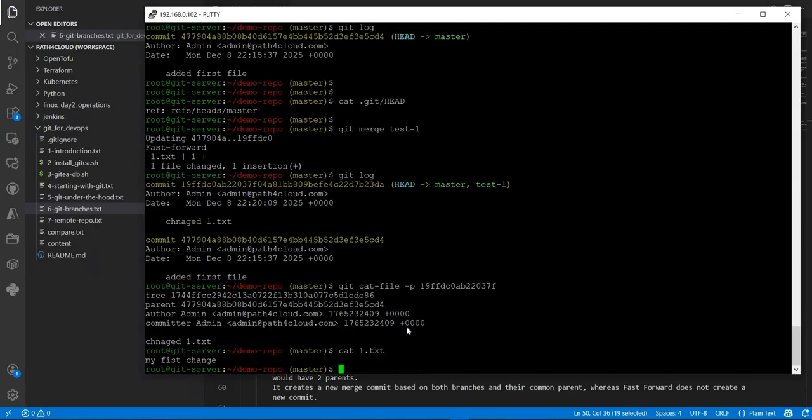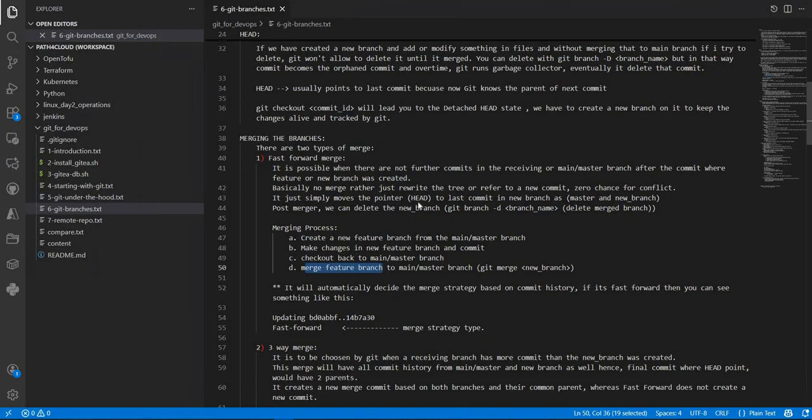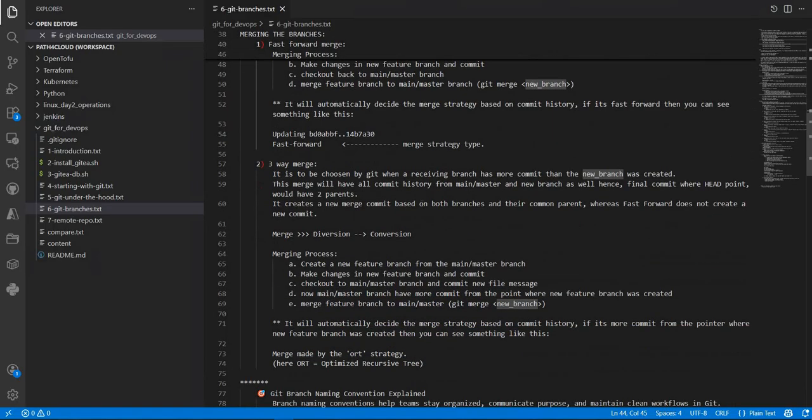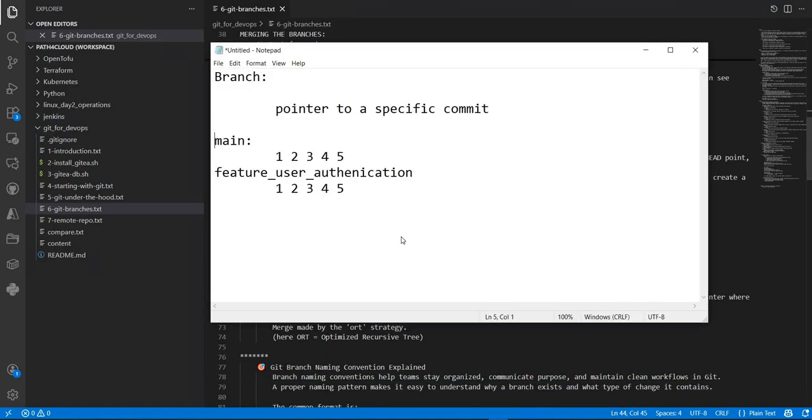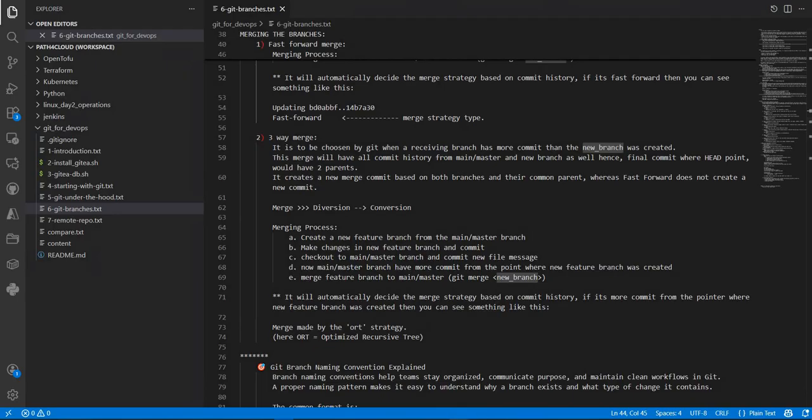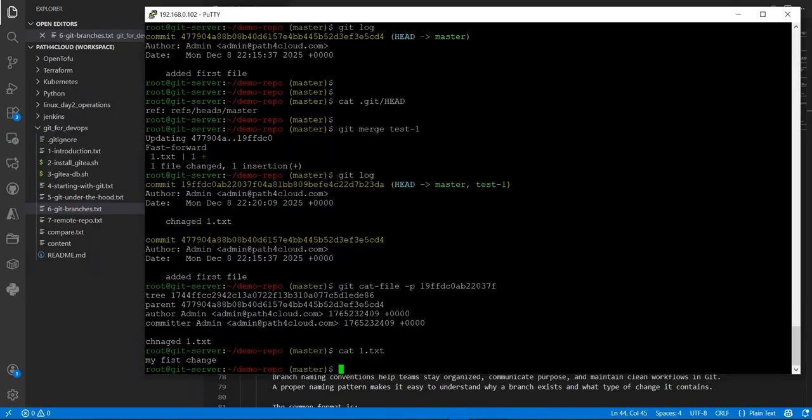Now the second type of merge is the three-way merge, right? What we have discussed is the fast forward. That is a simple thing because here there is no chance of conflict. So what is a conflict? See,